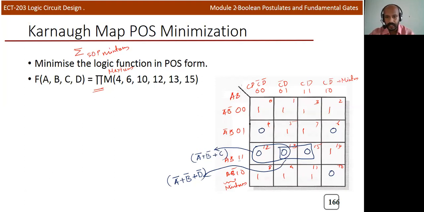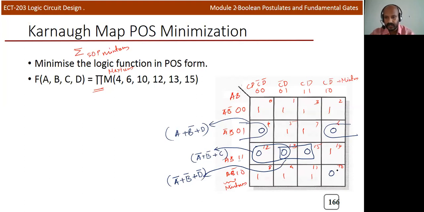Now we can consider another group. If we group like this, 0 and 6 and 4 we can group. For this particular group, the common term is 0 1. 0 1 is represented in min term as A bar B, so in max terms we write the complement, A plus B bar. And if you consider the first and last column, the common term is 0. 0 is represented by D bar in min term, and in max term it will be D, its complement value. So A plus B bar plus D is represented by this particular group.